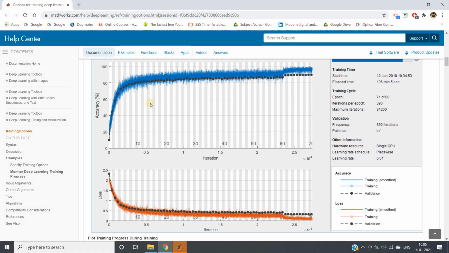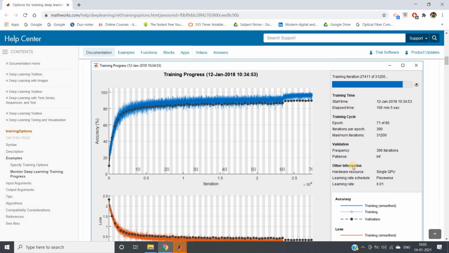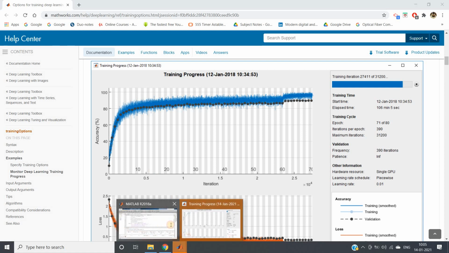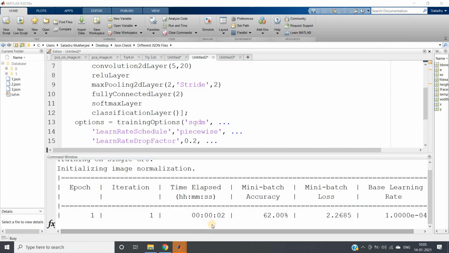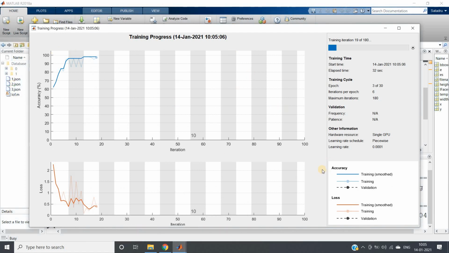When you are visualizing the progress of training for this use case, you will be getting this kind of dashboard where lots of visualization you can get. Hopefully in our code also, yes, see, epoch started, and training progress started. Here you can understand how much time the code has remaining to run completely, and here this is accuracy and this is loss.